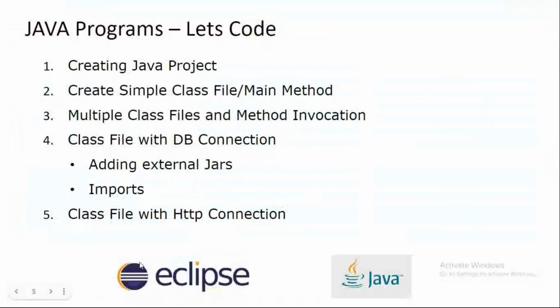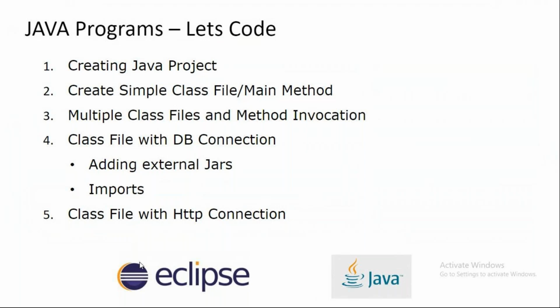Okay. What I was saying is, the previous day we were looking into all these different ways of creating a class file and calling one class file from another class file, how to invoke a method from another class file. And then the other things that typical developers are going to do is how to make a DB connection, how to connect with downstream services or third party calls, right? So for all these kinds of activity, or even for other work, like reading a file from a CSV or reading a JSON, all these